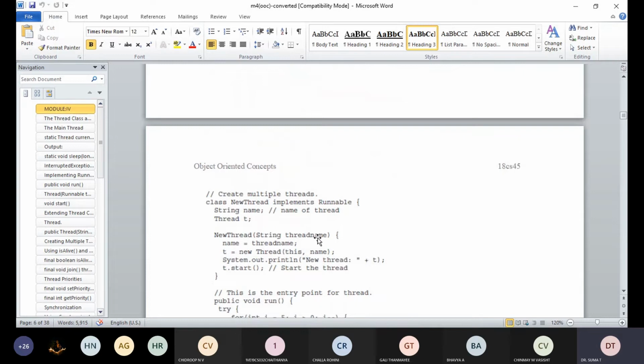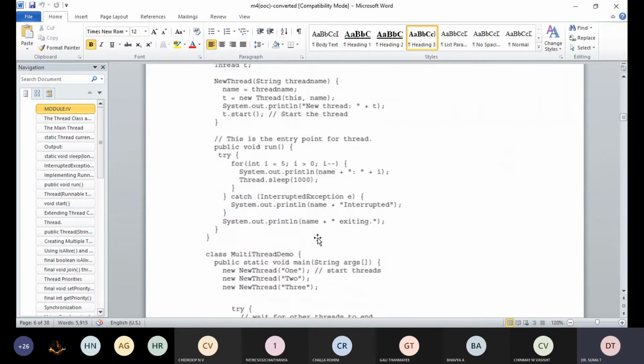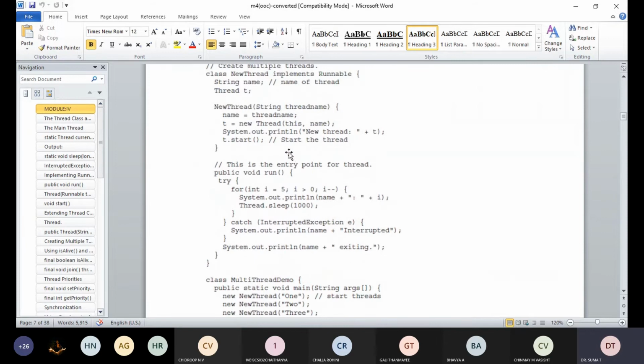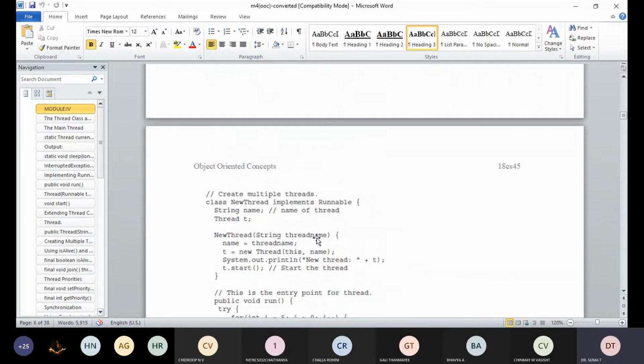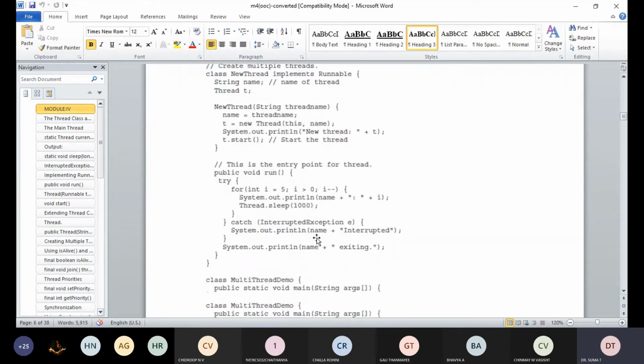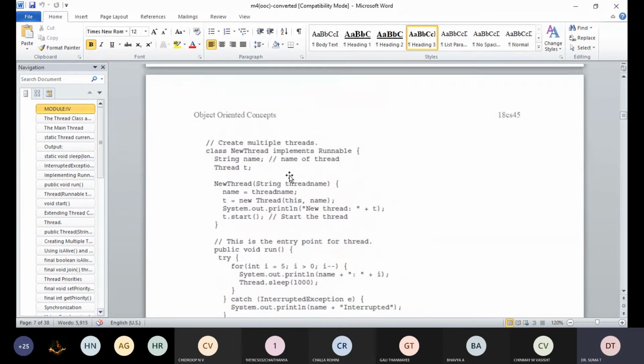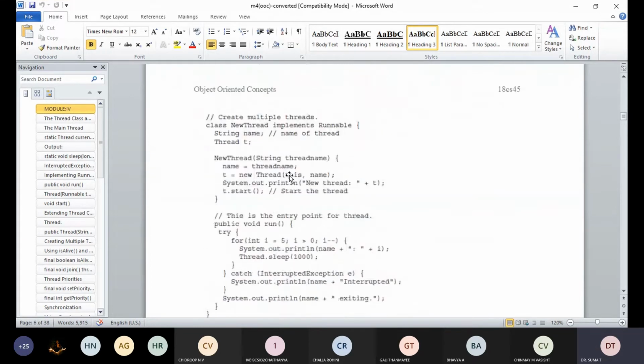Then the second time it sends thread 2, and third it sends 3, okay, that is a string name as a 3.